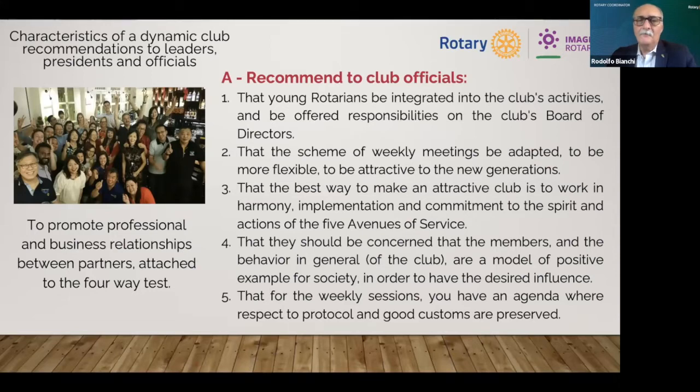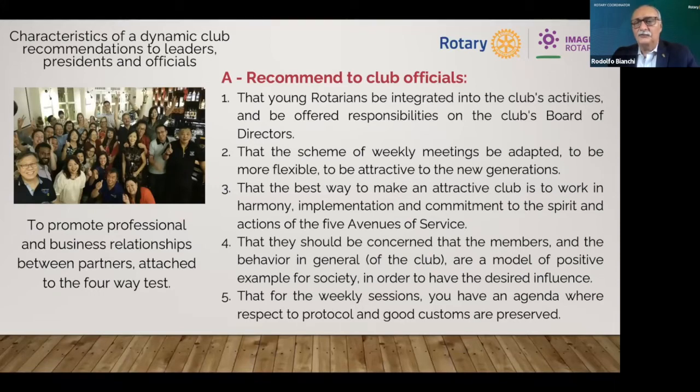Four, that they should be concerned that the members and the behavior in general of a club are a model of positive example for society in order to have the desired influence. Whatever the club does, people are looking at. And if the club sets a good example, the club will be in a good position in your community. Five,